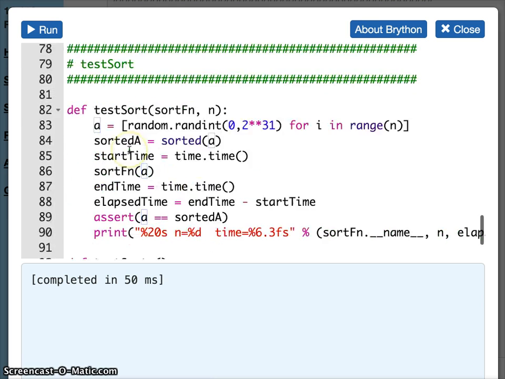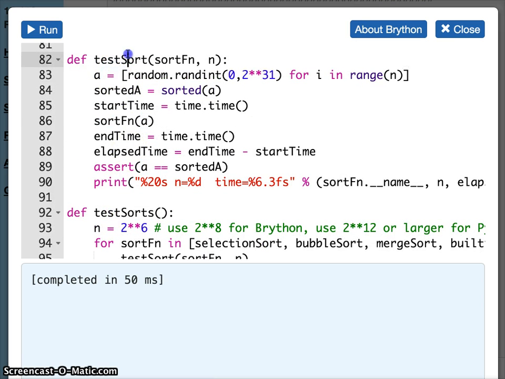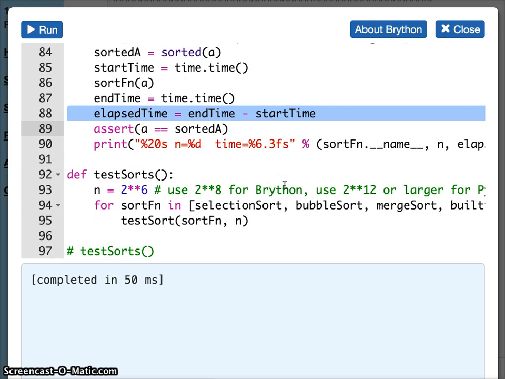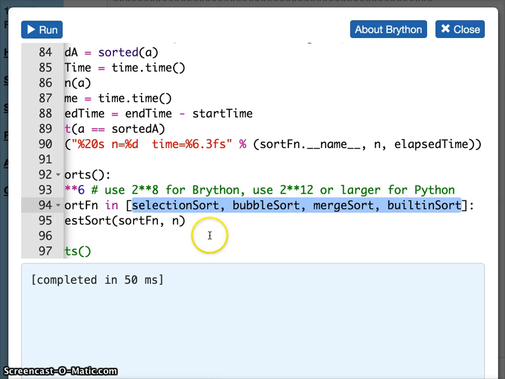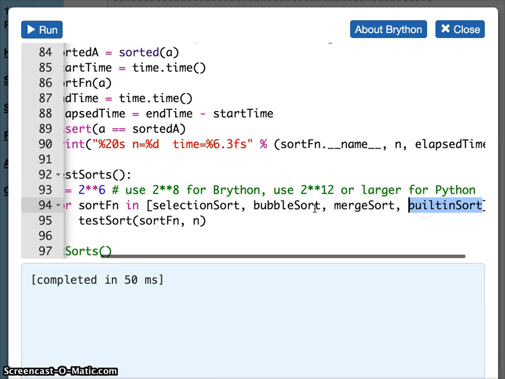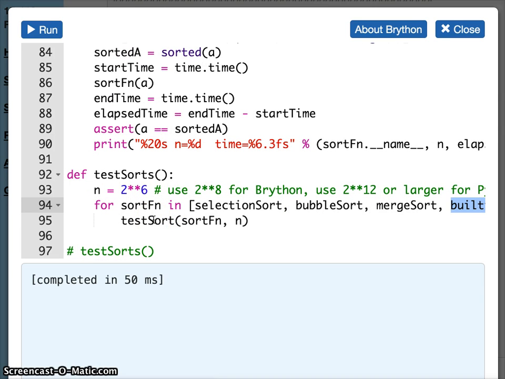and it'll destructively sort the list A. So we have this test function which basically takes in a sorting function, creates a big list of integers, and then we'll sort the list, get the start time, get the end time, find out how long it took, and print it out. So what we're going to do is basically say for all of the different sorting algorithms that we have, which is selection sort, bubble sort, merge sort, and the built-in sort, let's do the testing sort algorithm and see which